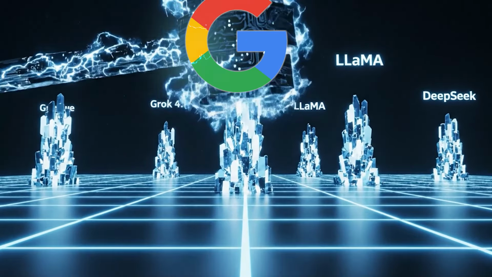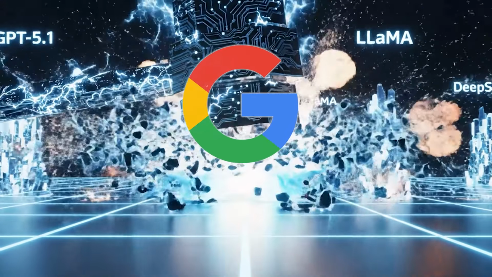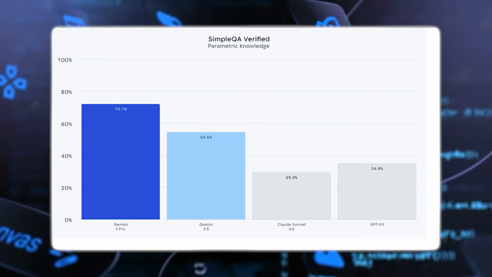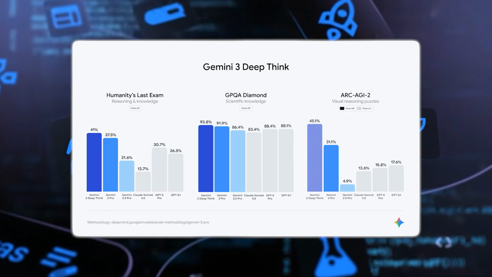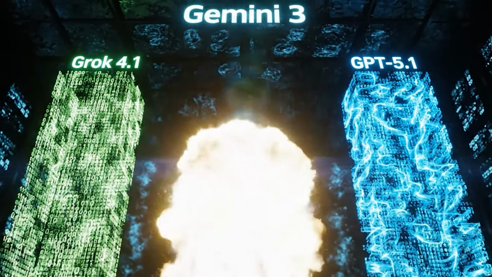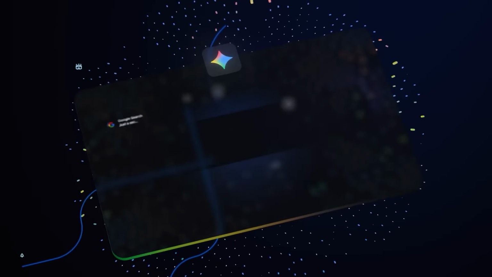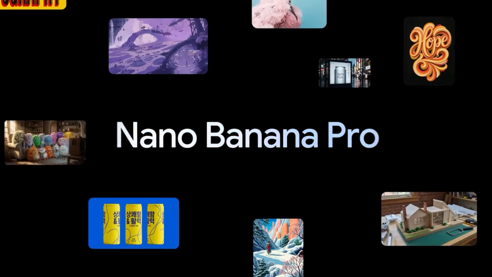This week, Google is absolutely slamming the AI industry. First, it dropped Gemini 3, a model that instantly shot to #1 on almost every major benchmark, blowing past Grok 4.1 and even GPT 5.1. And before the hype around that even cooled, Google stepped on the gas again with something even bigger, Nano Banana